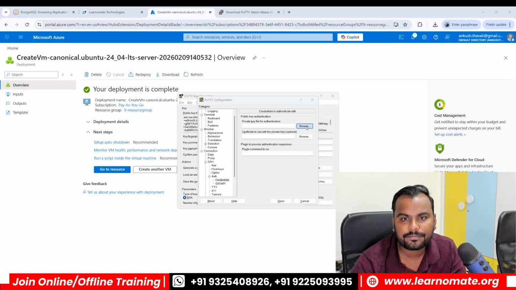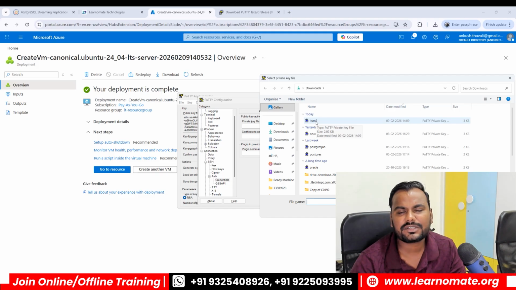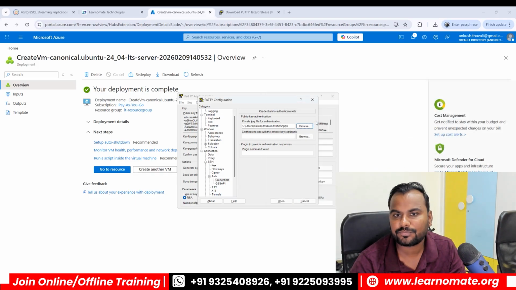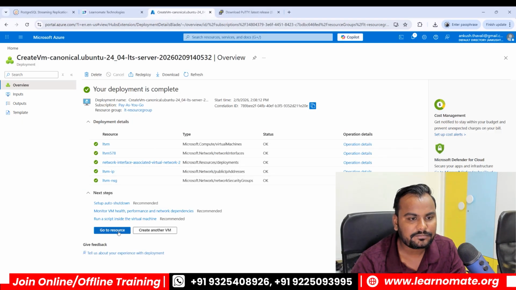Click on browse, and this is the key which we just created by using the PuttyGen, right? This PuttyGen is a software which will help you to create your private key which can be used under Putty software. Both are open source software, you don't need to pay anything. Click on open, and now it should be able to open the, oh sorry, I did not mention the